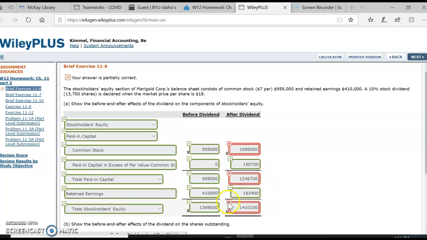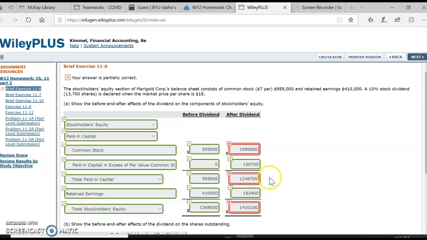And then for retained earnings, how I came up with this number is, if we multiply 13,700 shares times the market price per share, which is $18, that will give us $246,600. So that's how much stock dividend we're going to be paying. And so we have to subtract that number from retained earnings, and that will give us, after dividends, retained earnings of